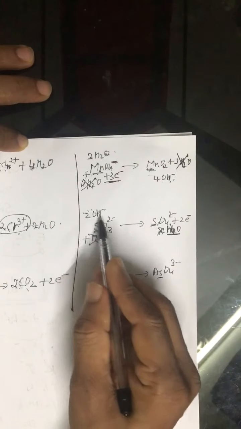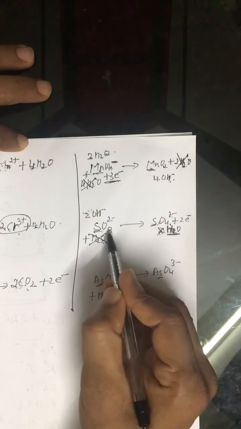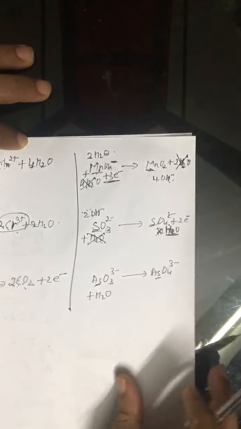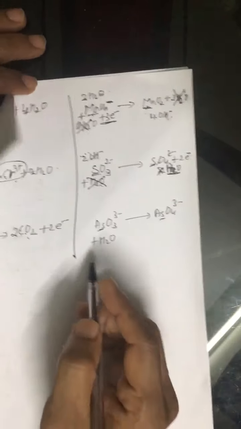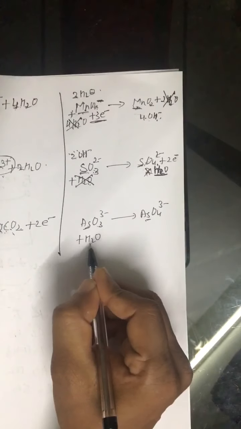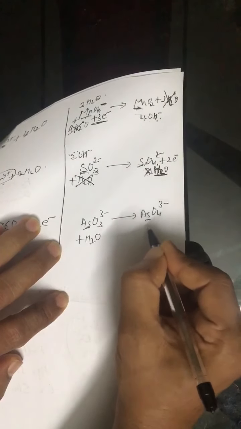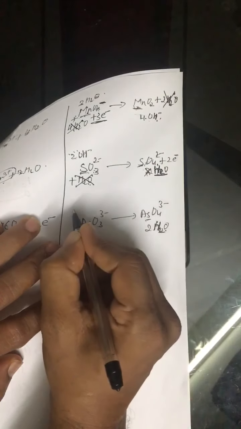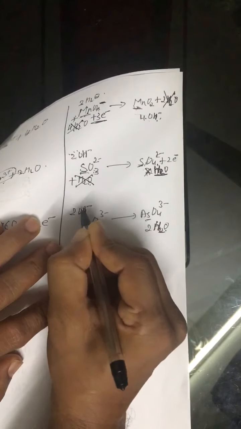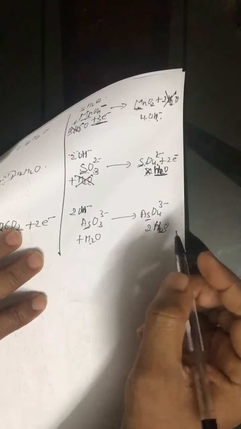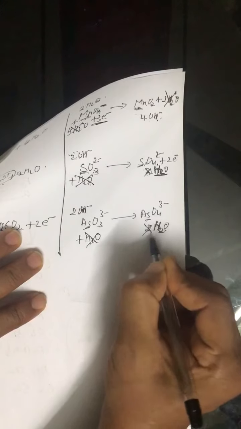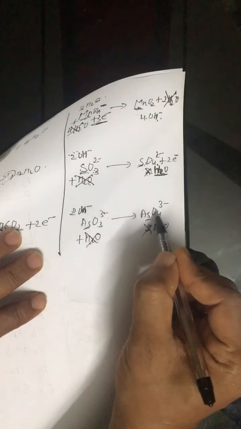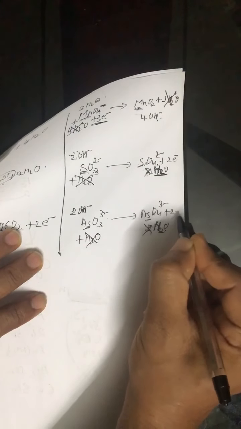So now look at hydrogen, 2 hydrogen, 2 hydrogen, oxygen 3 plus 2 is 5, 4 plus 1 is 5, and charge is also balanced. All right, now look at this case. Here we have 1 H2O, means 2 hydrogen, so we will write twice of H2O here, and then twice of H2O and twice of OH negative, opposite side. All right, and then we will cancel the common H2O, and now the electrons, 3 plus 2 is 5, here we have 3 negative charges plus twice of electron.